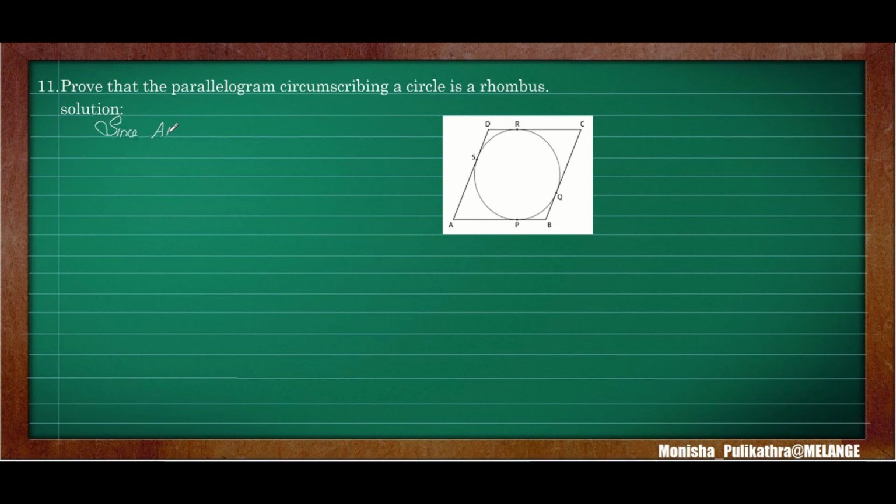So since ABCD is a parallelogram, what happens in a parallelogram? Opposite sides will be equal. In a parallelogram always opposite sides will be equal. Therefore AB is equal to CD and BC is equal to AD. Okay, so AB is equal to CD and BC is equal to AD. So let this be equation number 1 and 2. Fine. Next, it can be observed that